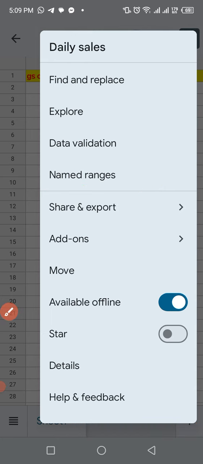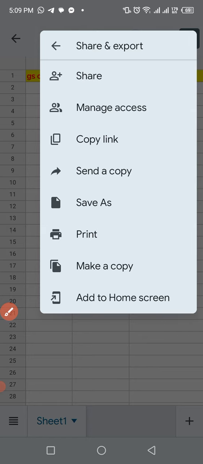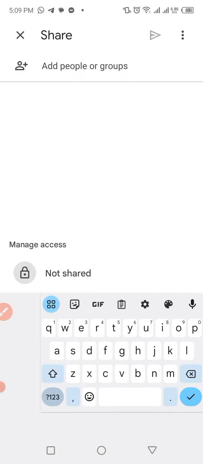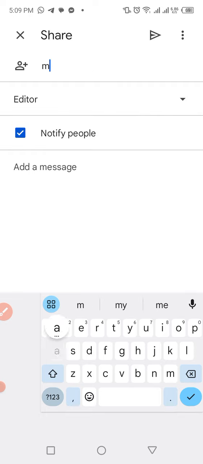When you have gone to share and export, you click on the arrow on the right hand side. So you can click on share. When you have clicked on share, you can add people by email. There are two ways you can share. Let me explain the two ways you can share this document you've created. Number one, you can add the person via email, or you generate a shareable link to this sheet,